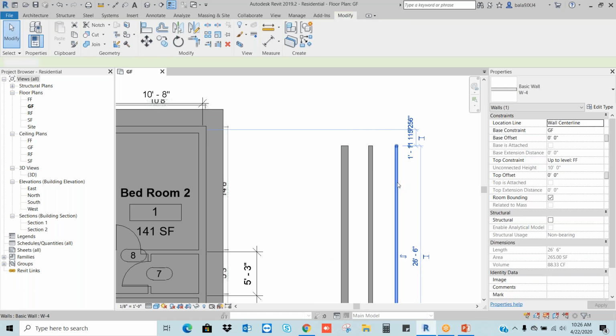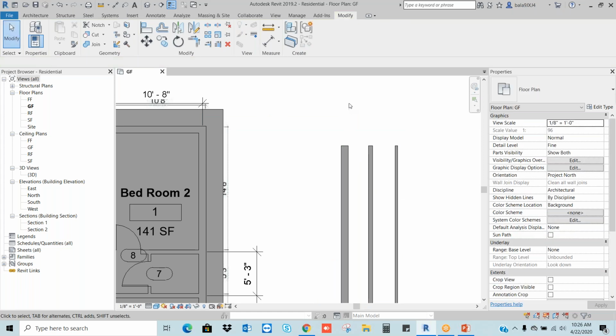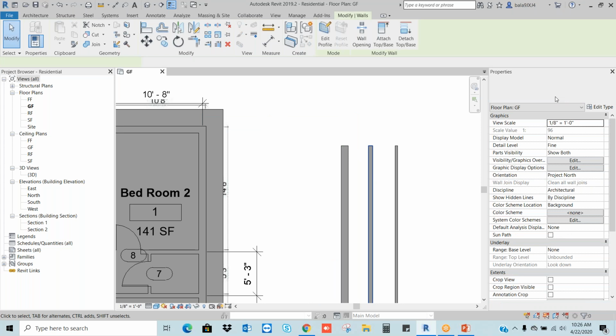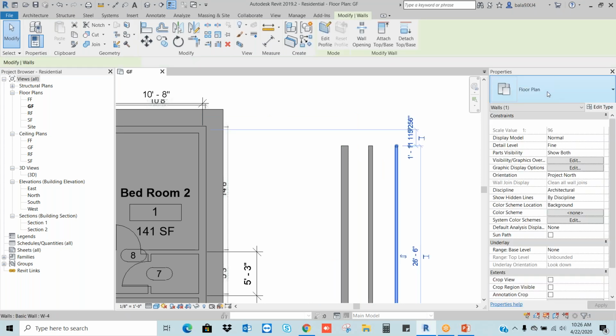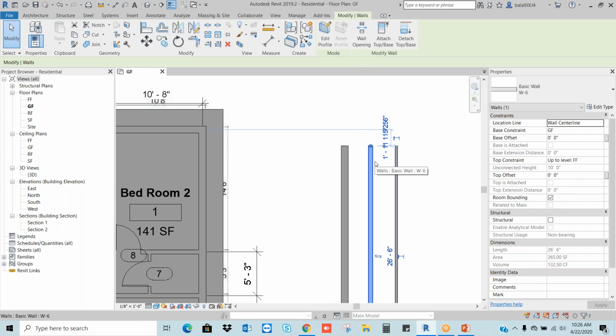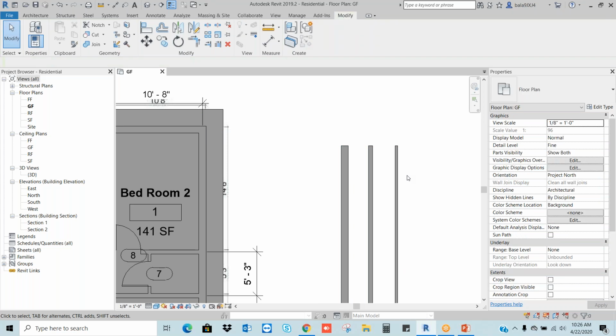For example, if I give a number for each type, that is the Type Mark. Let's say this is wall 10, this is wall 6, this is wall 4. I will give one number for wall 10, one number for wall 6, one number for wall 4. This number represents the type.